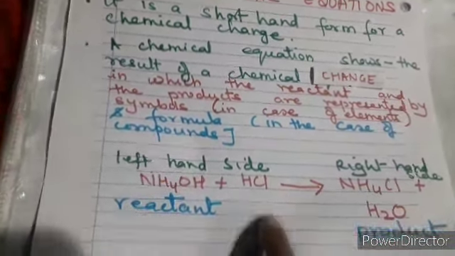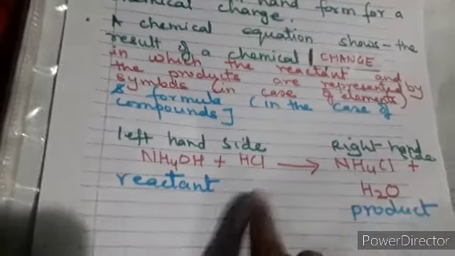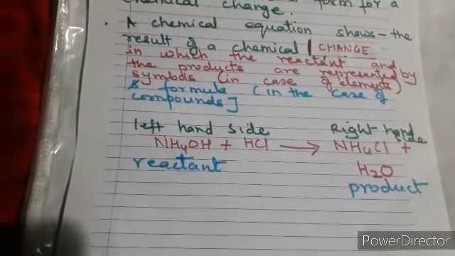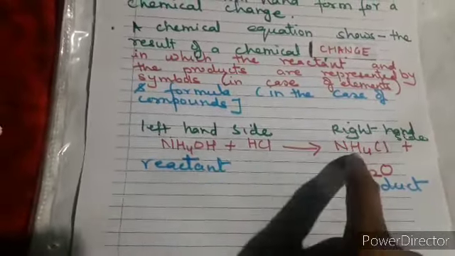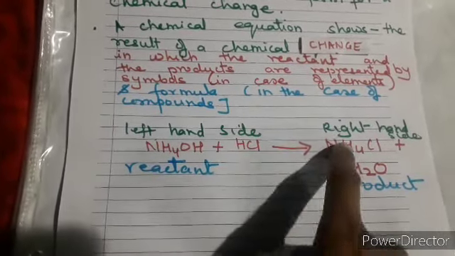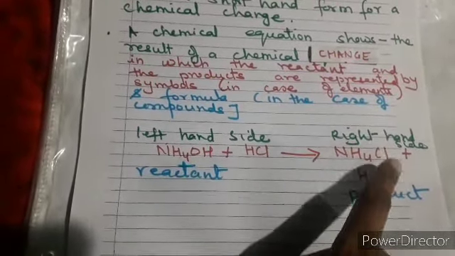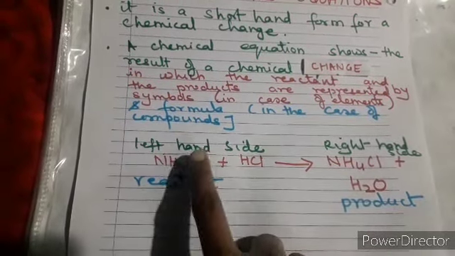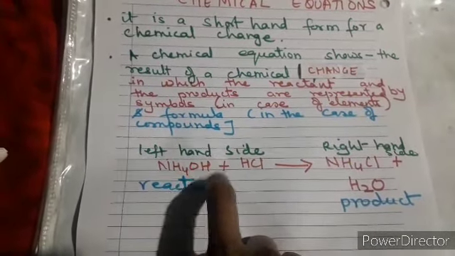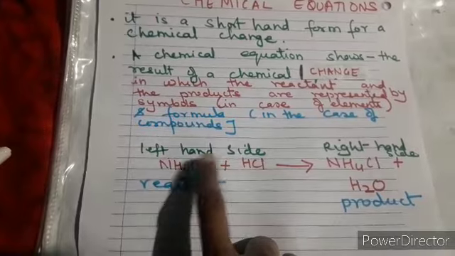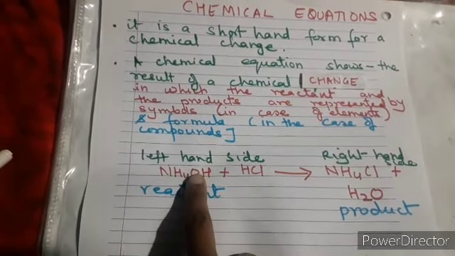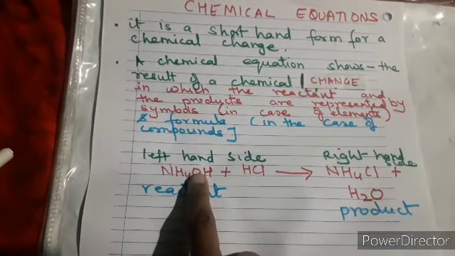Then one more thing you have to see, whether it is a reactant or a product, what all things are there. In this particular example, all these are compounds, right? So I have written the formula for these compounds, and you always write a formula for a compound. But if it is an element, now we'll see today what information our chemical equation gives, and we'll see the points in this.